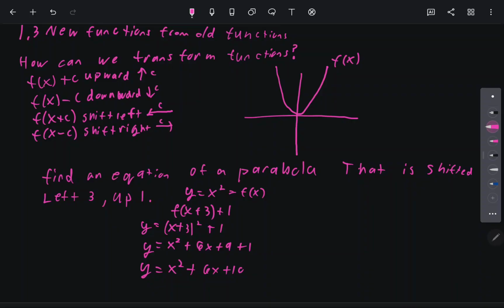And we can also go backwards from this too. For example, if I wanted to know where this graph has been shifted from, let's say that I have a parabola, and this really works for any equation. I'm using a parabola just because it's an easy parent function to work with. Let's say we start with, or let's once again define this as, f of x is equal to x squared plus 10x plus 31. Well, we can complete the square,